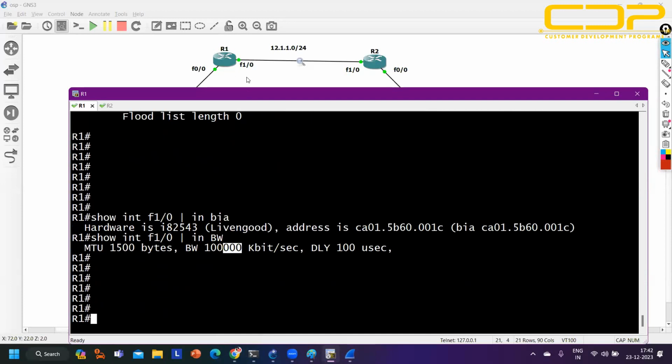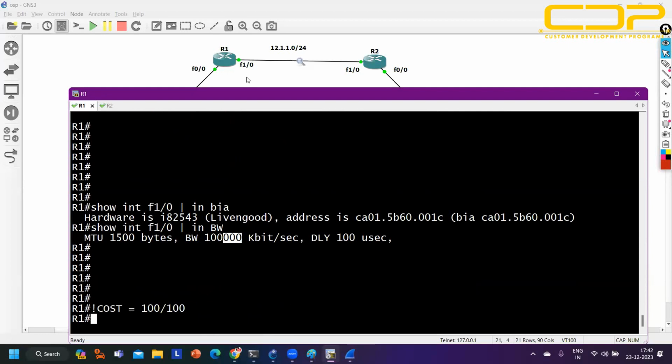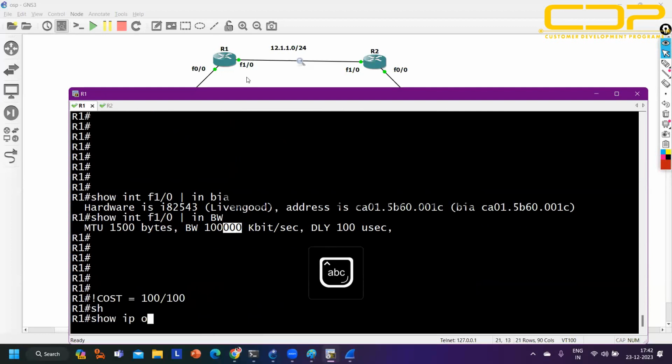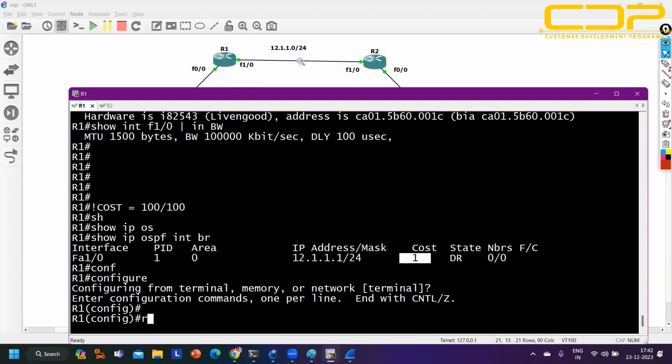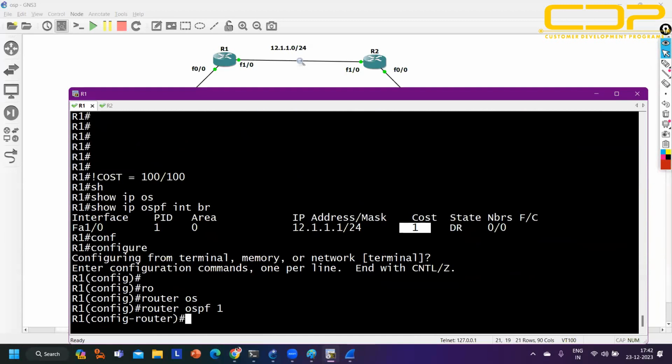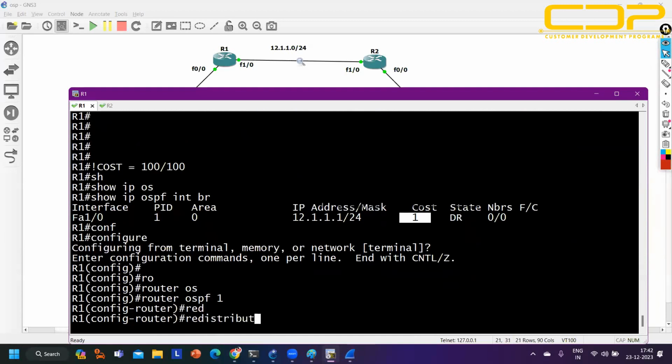So what is the cost going to be? The formula of cost is reference bandwidth divided by bandwidth of my link, 100 divided by 100. Because of that, in show ip ospf interface brief, we can see the cost on this link is 1. Let's say I change the reference bandwidth, setting reference bandwidth 1000: router ospf process 1 and say reference